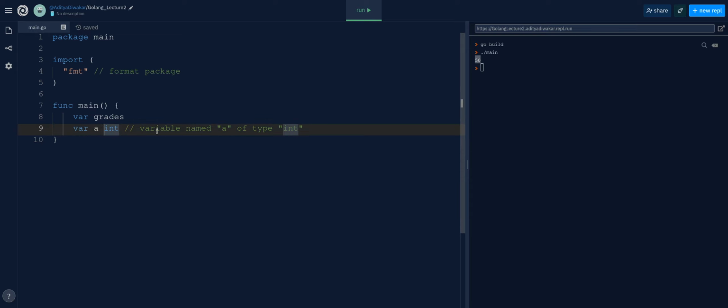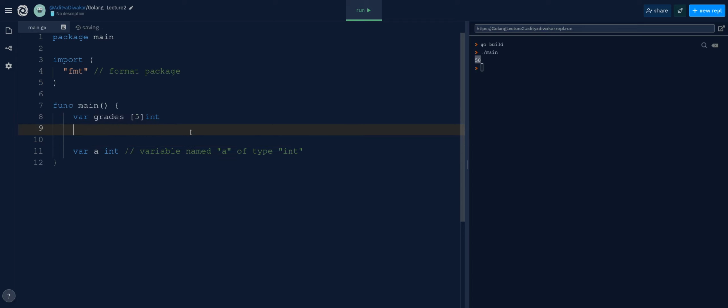So what I can do here is I can say var grades, and I need to give it a type. The way you define the type of an array in Golang is by using very similar syntax to this, except you're going to put two brackets and then the type of variable that it is. Within these two brackets, what you're going to type is actually the size of the array. Similar to many other languages, such as C++ and Rust, the primitive type of an array, the one that's defined directly by the language, is going to be of a fixed length. So if I type in 5, for example,